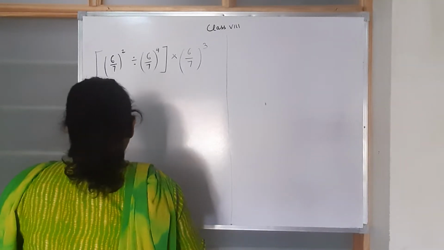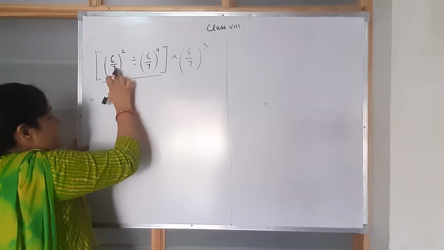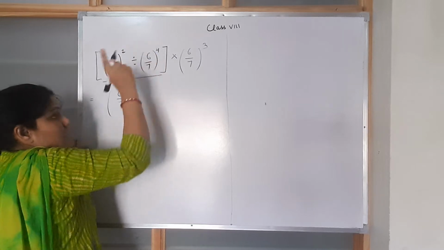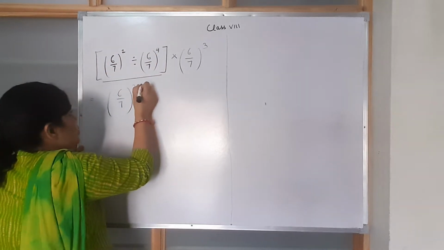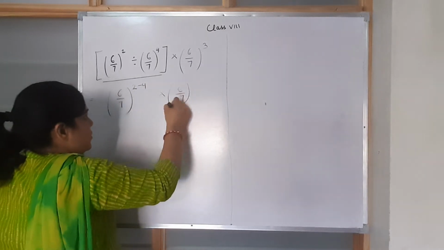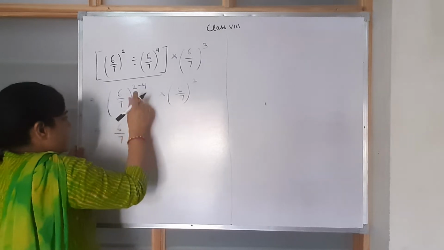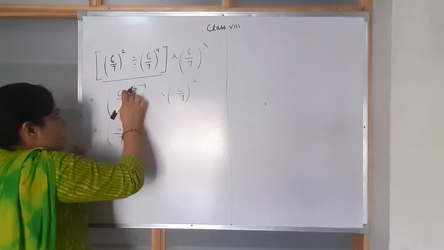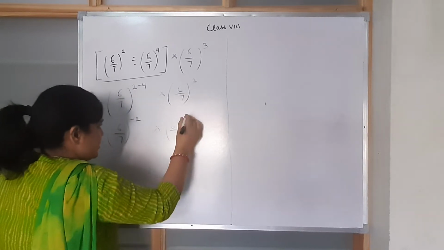Step by step we will solve this. So what we have to do, just solve this bracket first. Division sign is there, bases are same, so powers will be subtracted. 2 minus 4 we will write. We will not write 4 minus 2, okay? This is 2, this is 4, 2 minus 4. 2 minus 4 will be minus 2. And this is 6 upon 7 whole raised to the power 3.